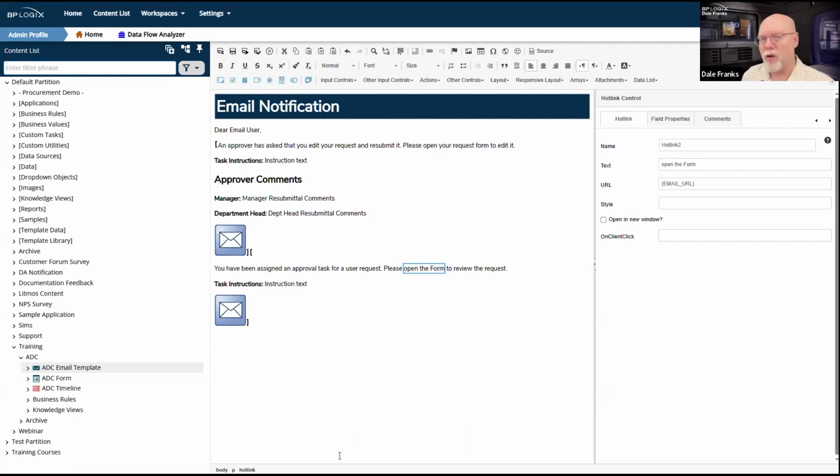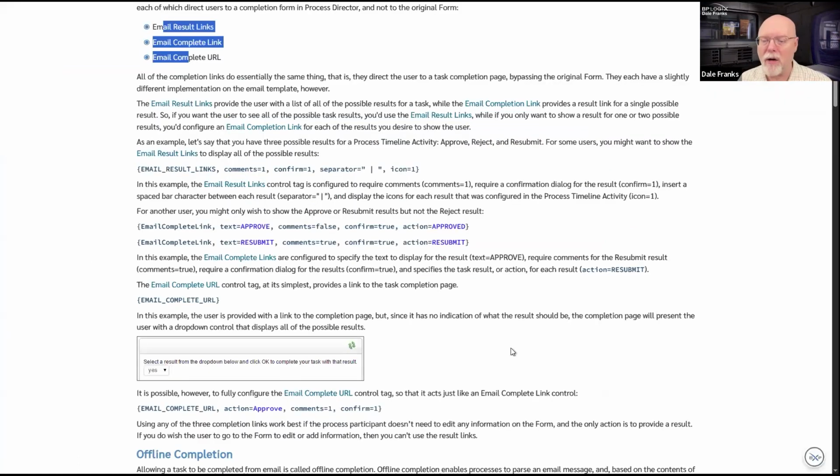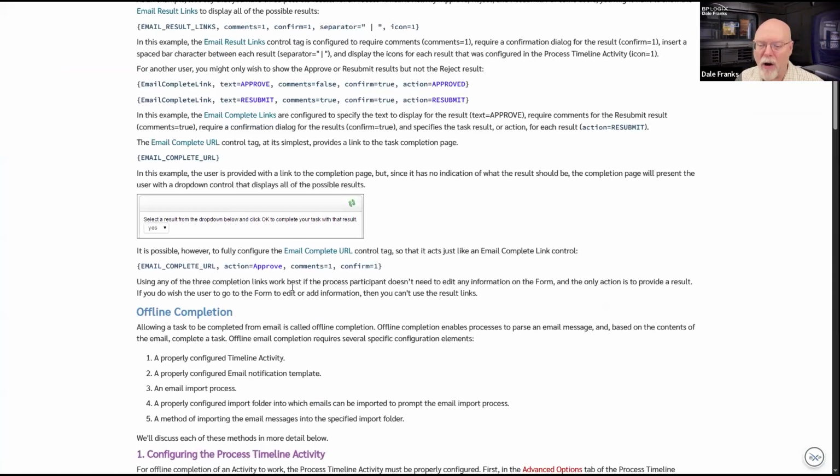That is true offline completion. None of the methods that we talk about here are offline completion. All of them are in Process Director, and they're all done in this tiny little form that kind of exists out on its own. It's so generic, it's used for every single email completion control.